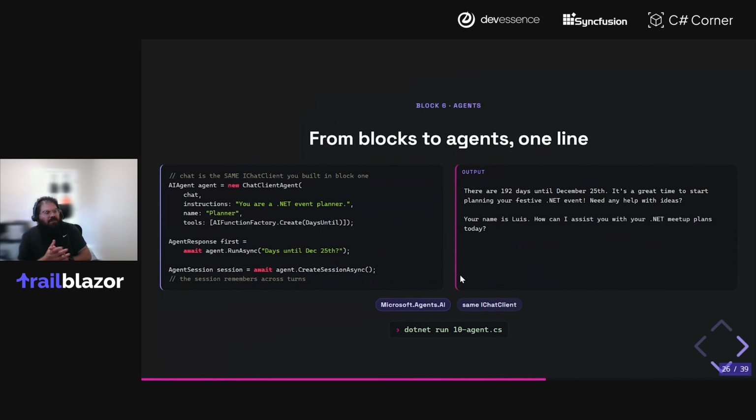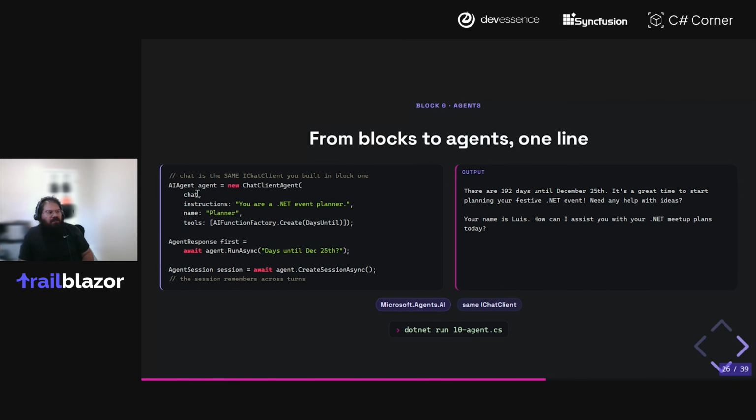If we take a look at our agents here, you're going to see that we build this ChatClientAgent, which is just one of the many types of agents that Microsoft Agent Framework supports. The instructions, as I mentioned, are just a prompt. The name is just a user-friendly name to address or reference that agent.